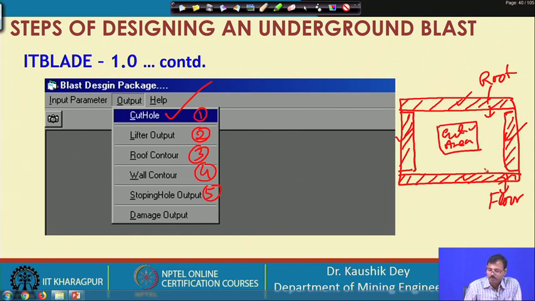So, our next idea is to create the opening for the stopping holes, and we have to find out what the burden of the stopping holes is, and knowing the burden, we have to place the stopping holes. It may be like this, and on both sides.